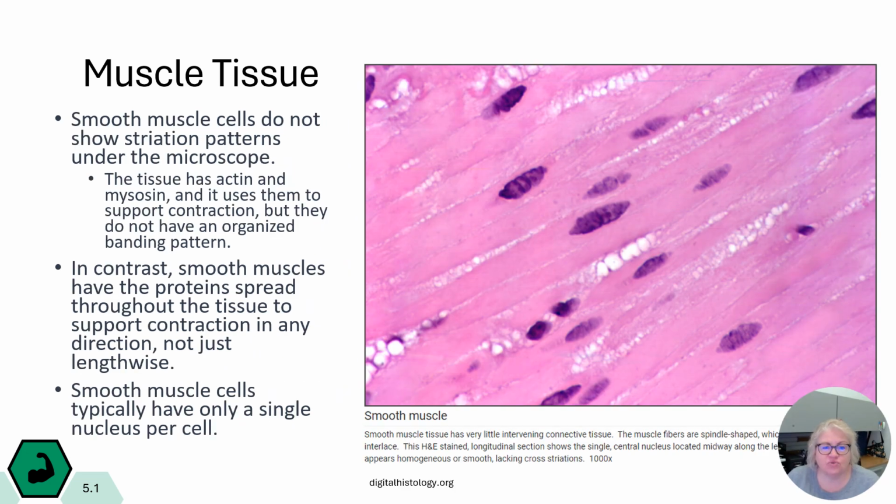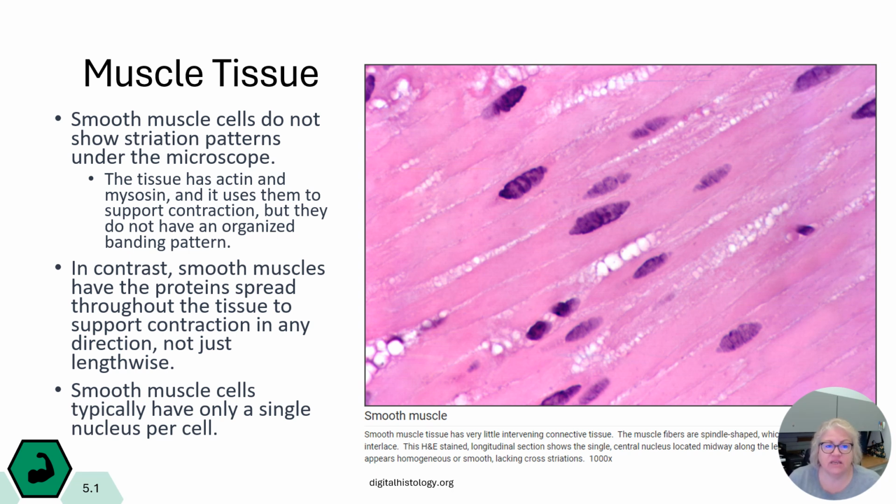Smooth muscle cells do not show striated patterns. The tissue does have actin and myosin. So when we talk about actin and myosin, smooth muscle does have those, but it doesn't organize them into sarcomeres. So it has actin and myosin, but they do not have an organized banding pattern. In contrast, the smooth muscles have the protein spread throughout the tissue to support contraction in any direction,